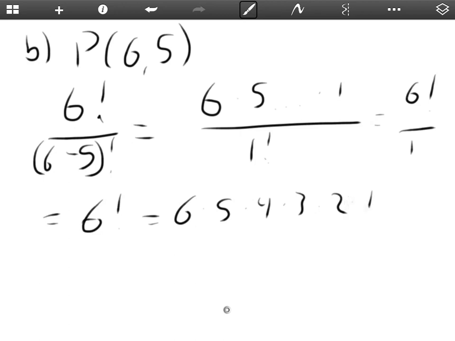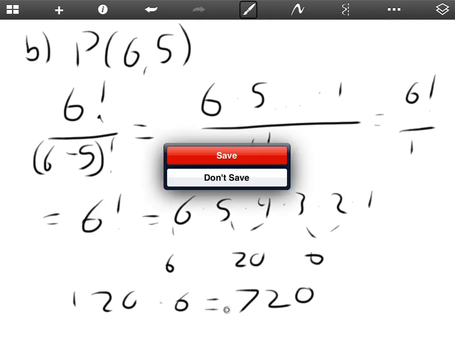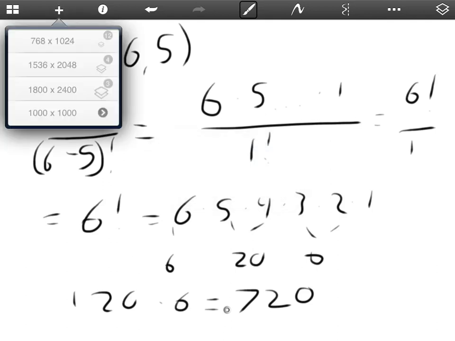And that's just 6 times 20 times 6, which is 120 times 6, which is equal to 720. And that's part B. Part C,